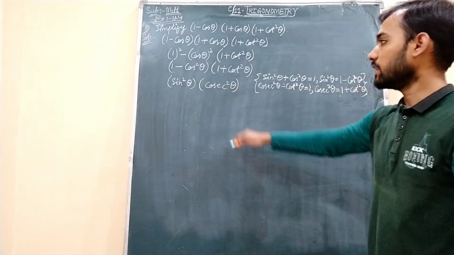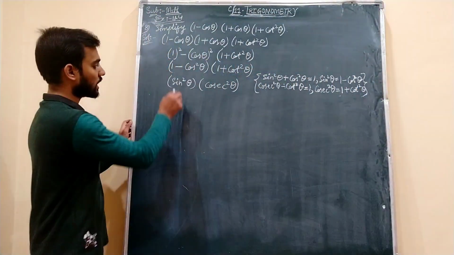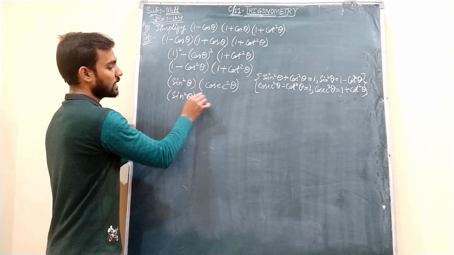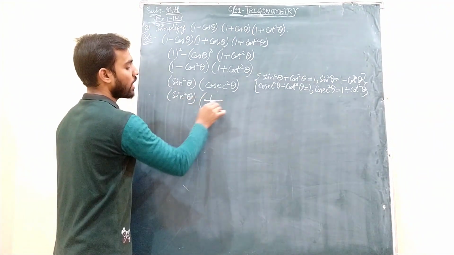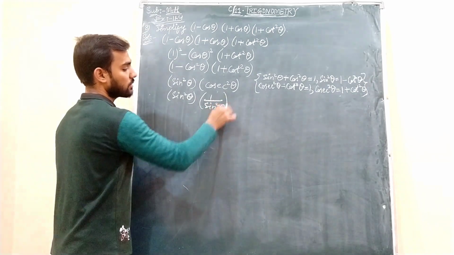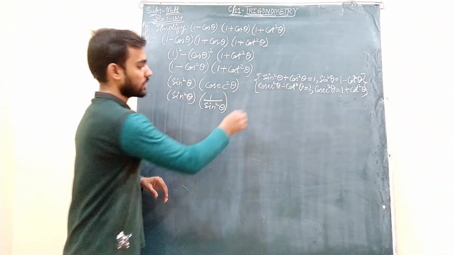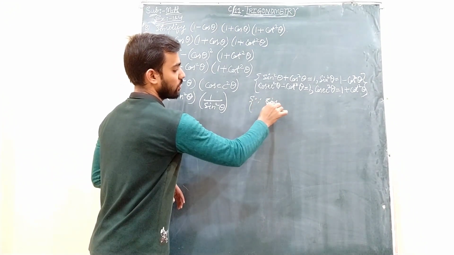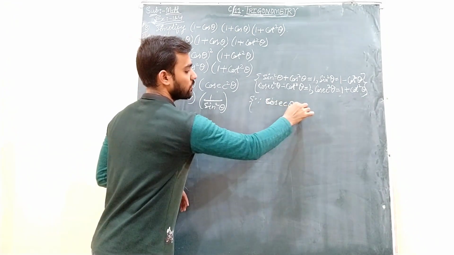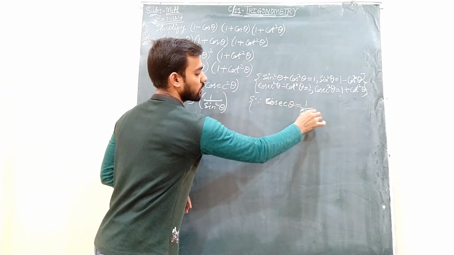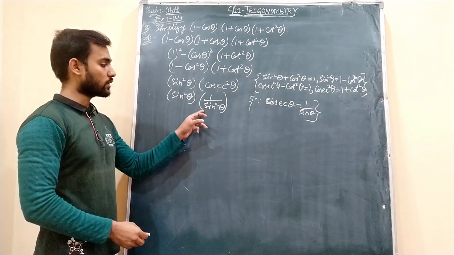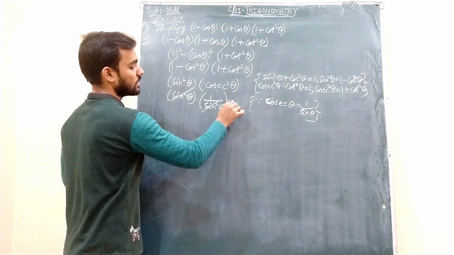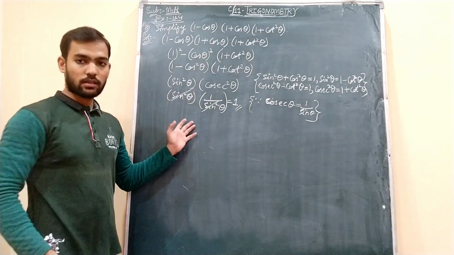Understand? So as we got sin square theta into cosecant square theta, this sin square theta I will keep as it is. Any one you can change. And this cosecant square theta can be written as 1 by sin square theta. Okay, because they are related to each other, first and last one in the multiplicative inverses category. We learned over there that cosecant theta equals 1 by sin theta. So in place of cosecant square theta I wrote 1 by sin square theta. This sin square theta and this sin square theta both get cancelled. The answer is 1. Okay, after simplification we got this one.